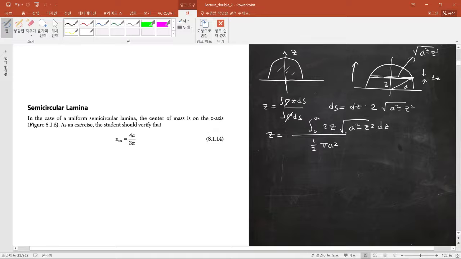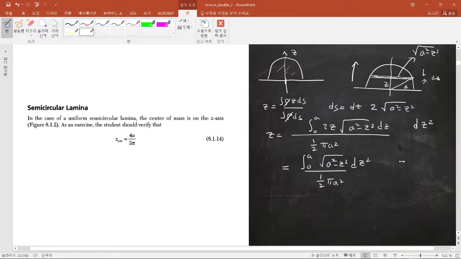Okay, usually when you have this kind of thing, you try to do the integration with sine theta or cosine theta, but just look at the integral before that. You see here 2z dz. What is it? 2z dz is d of z squared. Okay, so it basically goes to 1/2 pi a squared times the integral from 0 to a of the square root of a squared minus z squared d(z squared). Okay,